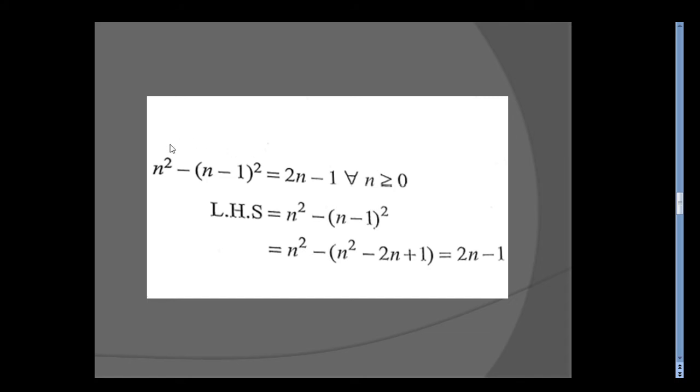Now we take the LHS part. n square minus (n minus 1) whole square equal to 2n minus 1, as we got. Taking LHS, n square minus (n minus 1) square, expanding, finally we are able to prove the RHS. Hence the proof. Now giving example 3: given the pattern 9 into 9 plus 7 equal to 88.